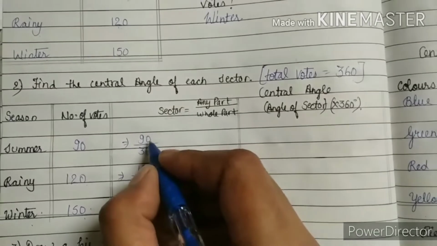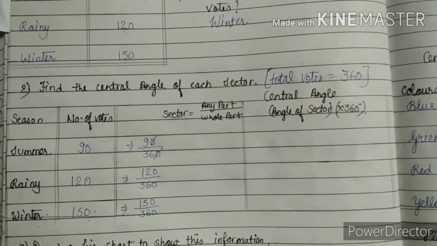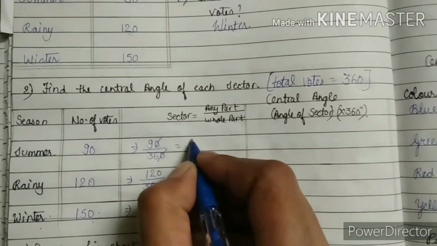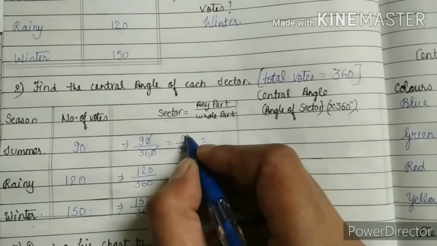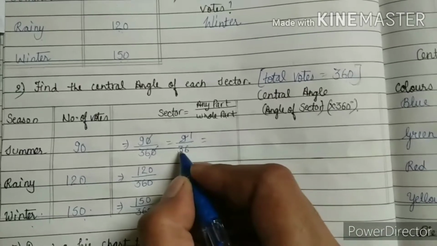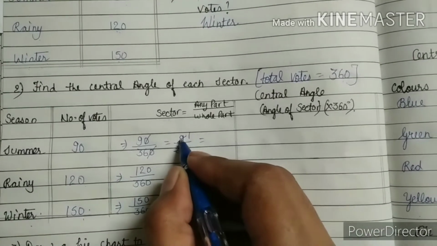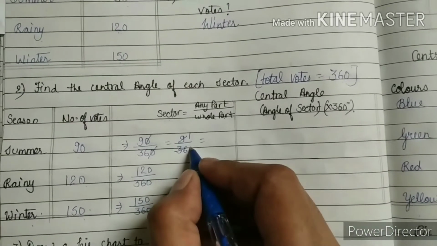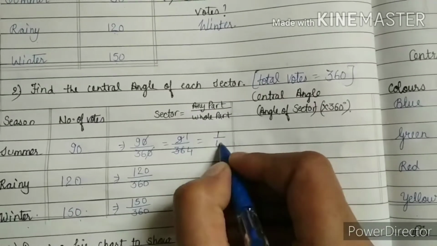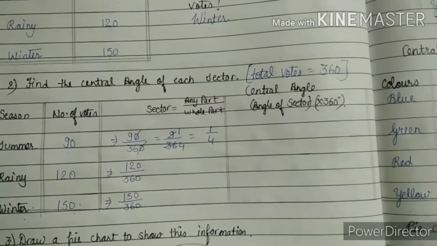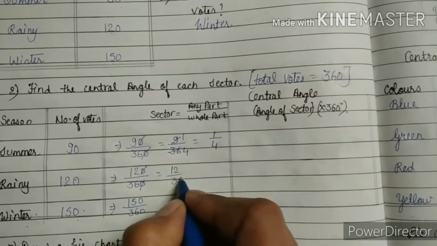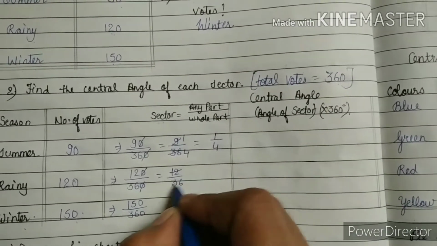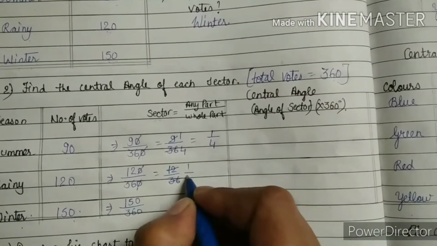Now we will reduce them. 0 to 0 cut. In the table of 9, 9 and 36 will reduce, because the 9 table gives us 9 1s are 9 and 9 4s are 36. So it will give us 1 by 4. Now 0 to 0 cut. 12 by 36 is remaining. The 12 table will cut 12 and 36 as 1 and 3 times.